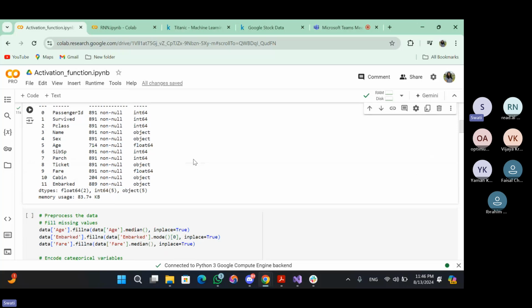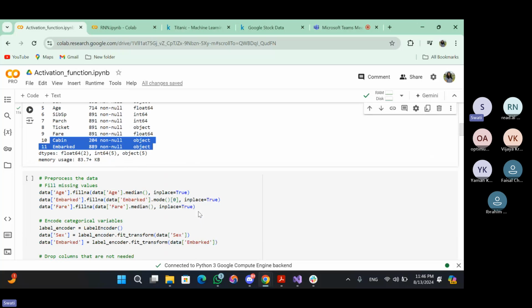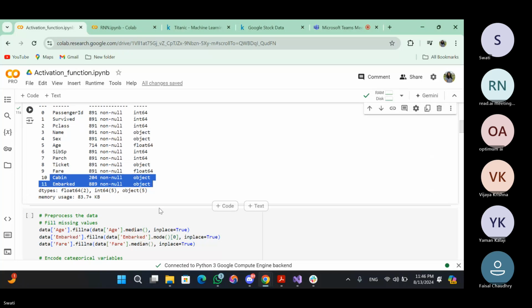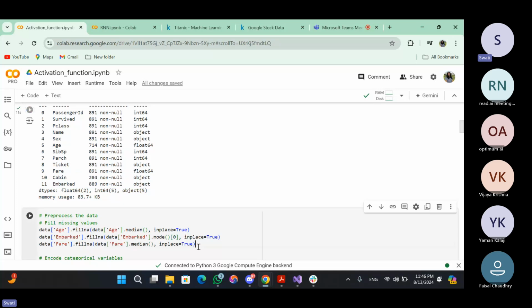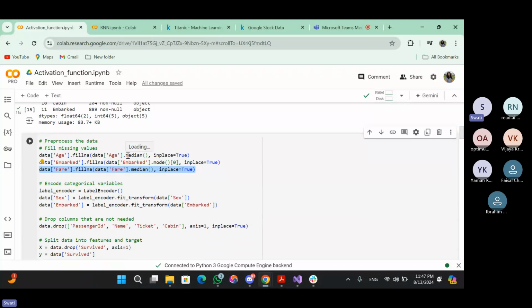As you can see, the total is 891 entries, but there are some missing values in age. Then we have some missing values in cabin and embarked. So what we can do? We have 891 in fare, so this one is not needed, and there are no null values. First we fill the missing values for age, as it is a number, with the median,